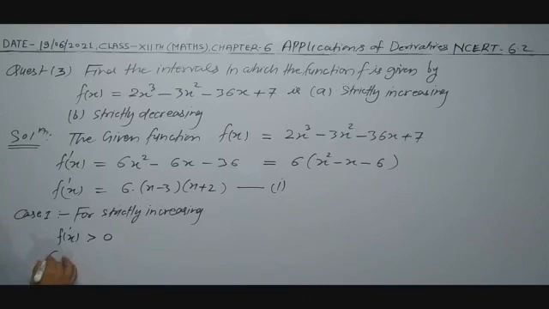So 6 times (x minus 3)(x plus 2) will be greater than 0, and now you can see x minus 3 and x plus 2. When you solve it by using inequalities, you will get the result minus infinity to minus 2 and 3 to infinity. Means